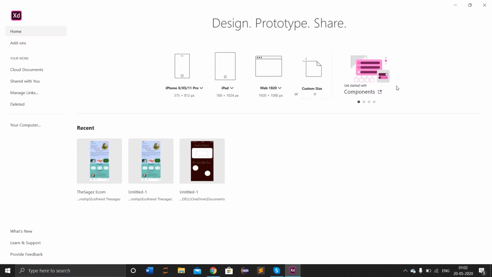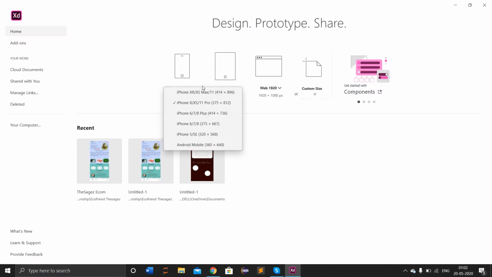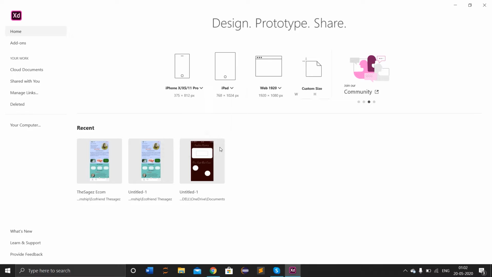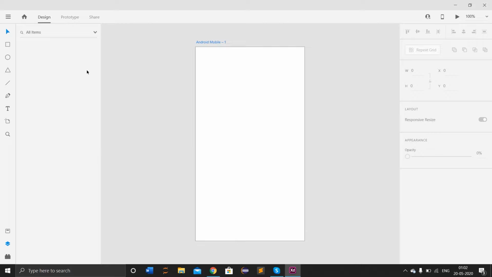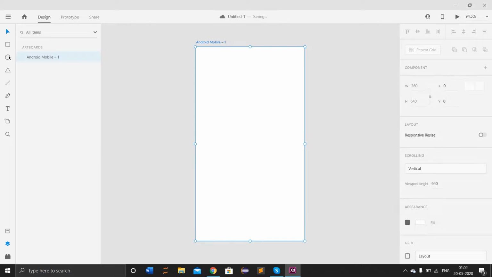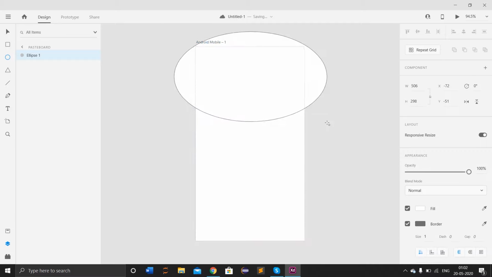Just moving to Adobe XD. As I said, we have designed the Android registration page and linked it to the login side, and today we will create a new login using a different design. Let's try it using Android first. And yes, this is the artboard, and we are going to try it with